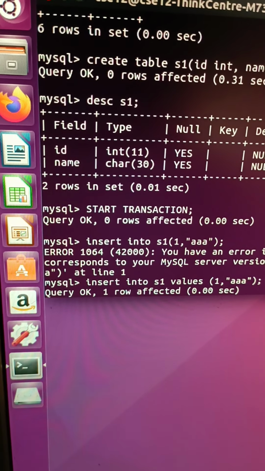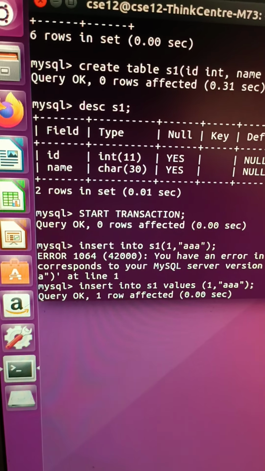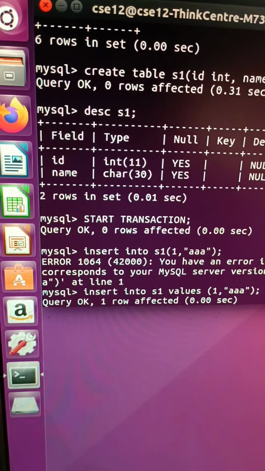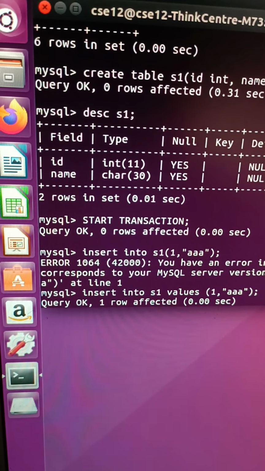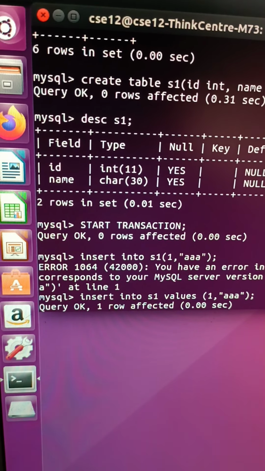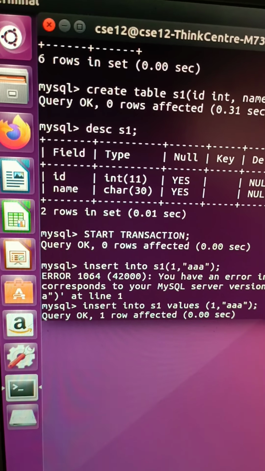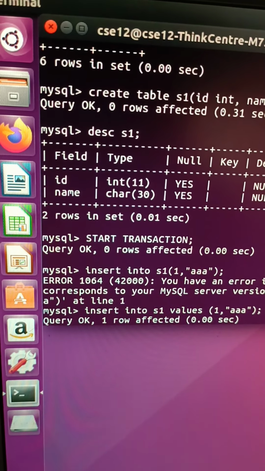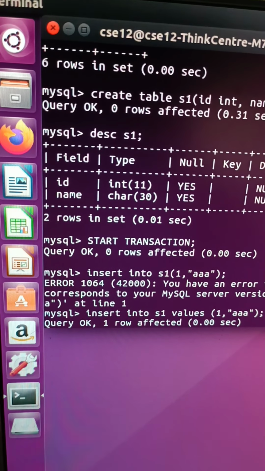Next, rollback command. This command is used to restore the database to the last committed state. We call that one a rollback command, and the syntax will be rollback to savepoint name. You have to take rollback to the savepoint name which we have saved in that name.